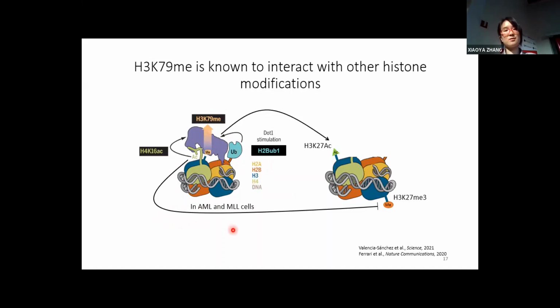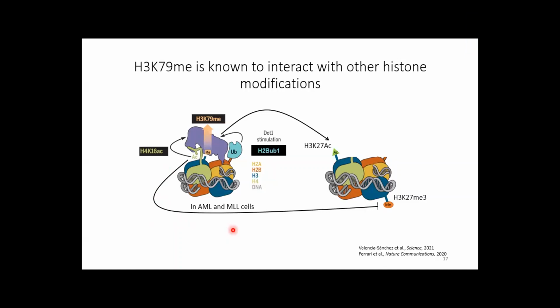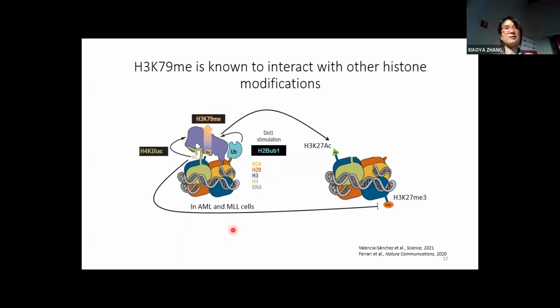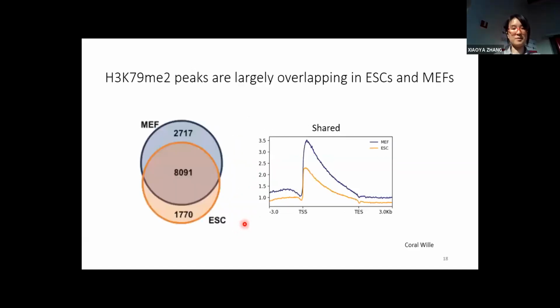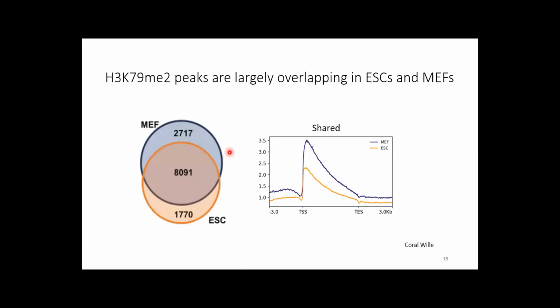Like Rupa said, does it function to make the somatic cells more like stem cells, to prepare the cell to become pluripotent? The first step to study how K39 methylation can regulate cell identity is to know where it is located in different regions in different cell types. So Coral performed